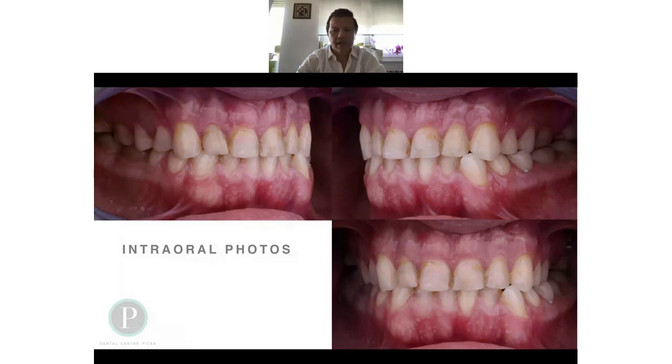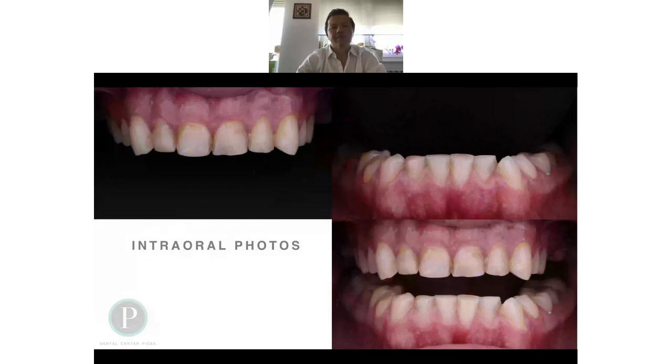indirect restoration. In this case, there was implementation for all types of preparation which fixed prosthodontics gives to us. I decided in the posterior region to do zircon crowns, high translucent zircon crowns, and in the anterior region where it's possible to make veneers when I have enough enamel, and where it's not possible